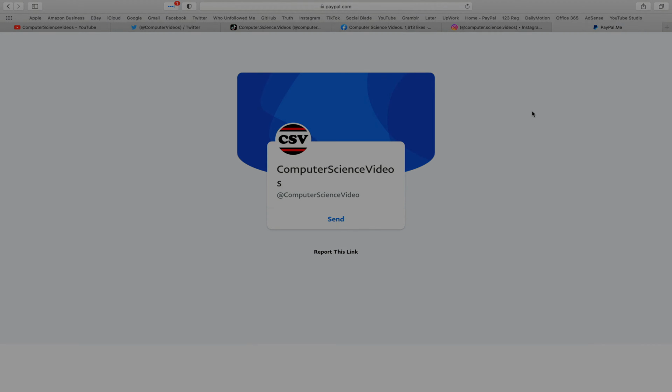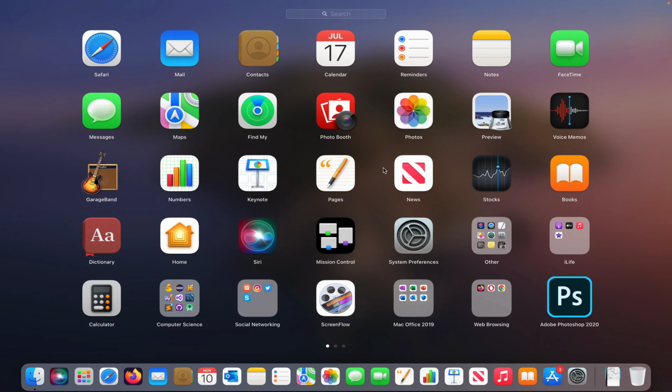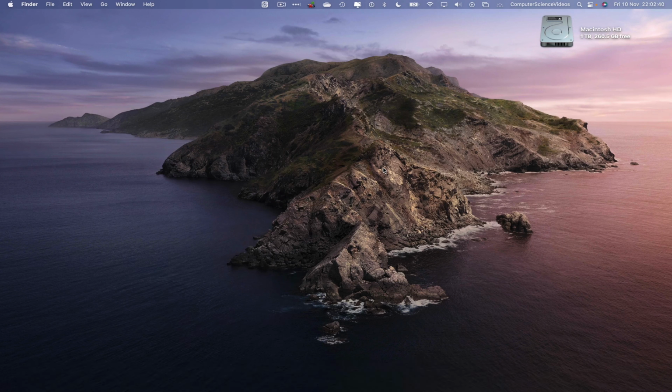Let's now focus on the video. So now let's go down to the dock. Go to Launchpad, go to the application Microsoft Outlook. Search for this. Enter to open up the application. Wait for that to load. Once that is loaded,